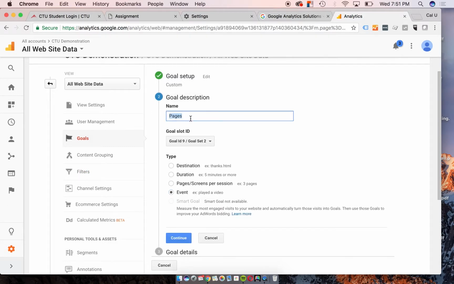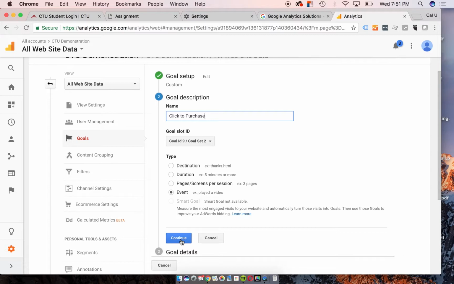An event goal is really, so we can measure a lot of different things like video plays or someone who's clicking that first submit button to purchase a product that then takes you to the payment process, okay? So let's say we want to measure that too. So we measure the time someone clicks to purchase a product. Then they're going to go from that click to being taken to a payment process. Once they finish the payment process, they go to the thank you page, which we set up a destination goal to make sure that we know when someone purchases a product,